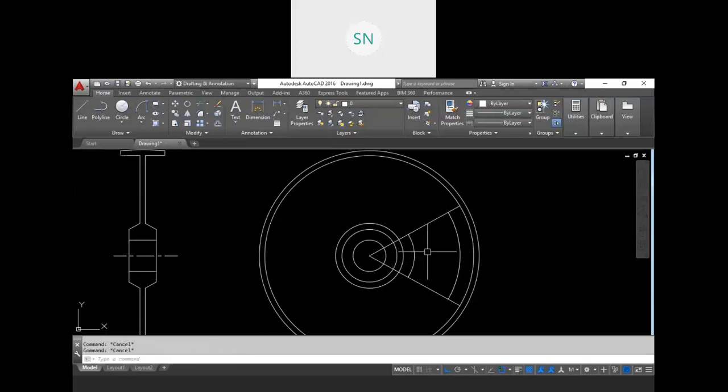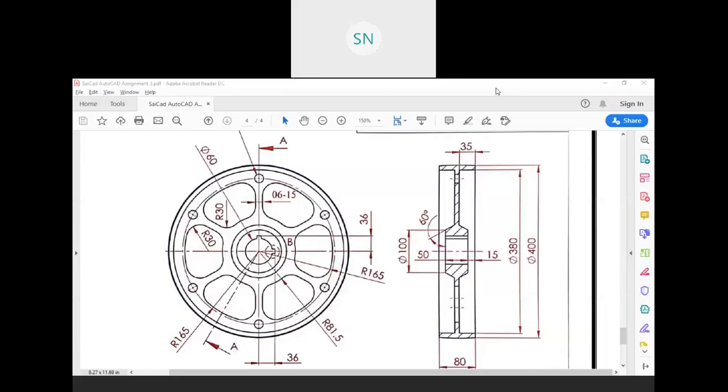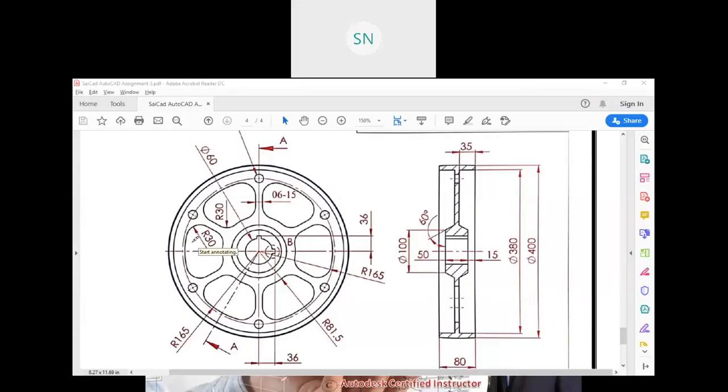Okay, now actually see what we have created. We create this thing over here. We create one line from here and we create one line from here. So what we need to do, we need to provide this much thickness. So this thickness is 15 mm.